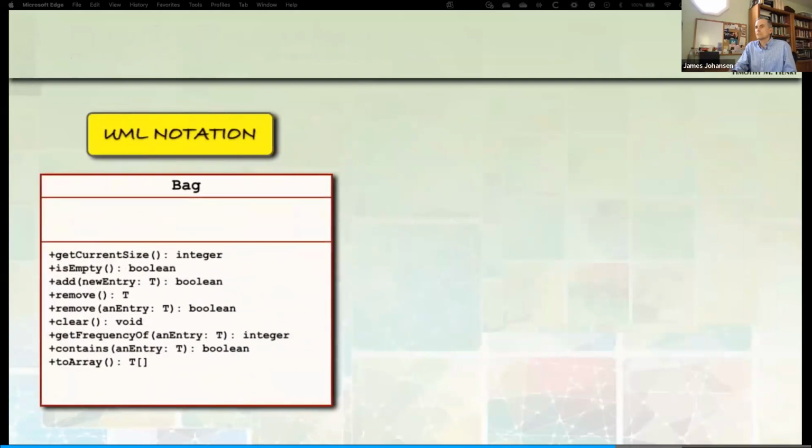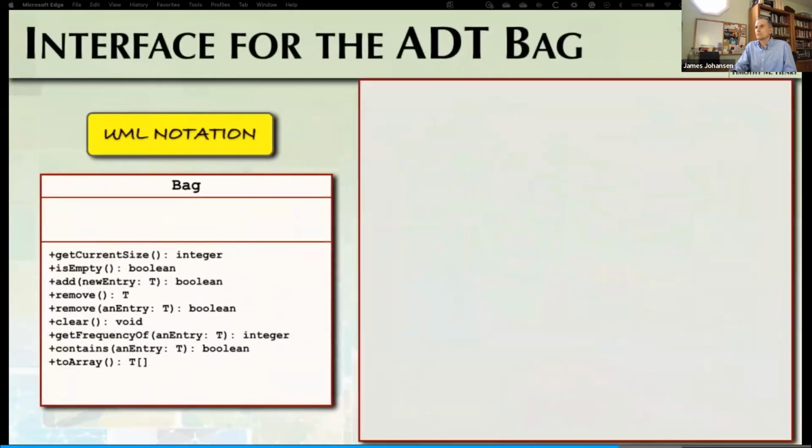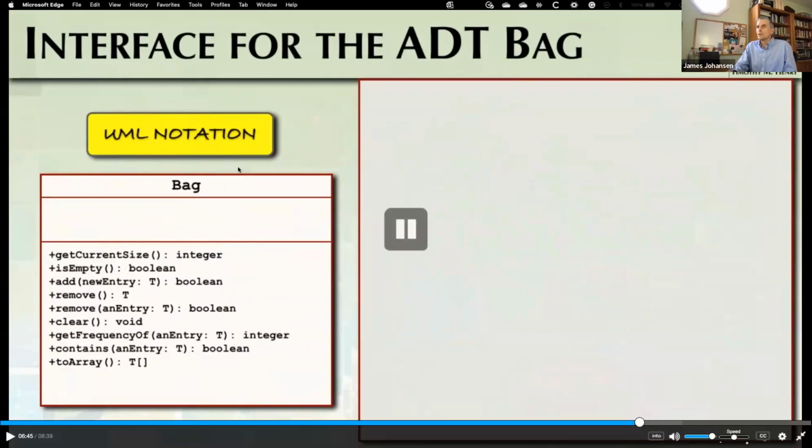As our specifications become more detailed, they can increasingly reflect our choice of programming language. At this point, we can write Java headers for the bag's methods and organize them into a Java interface for the class that will implement. So UML is not Java, but once again, this is the next step that we're going to be making. If we were going to be choosing C++ or Python, we could be doing something similar, but now we're going to be using Java as our implementation source.